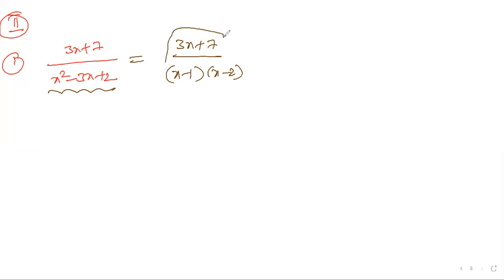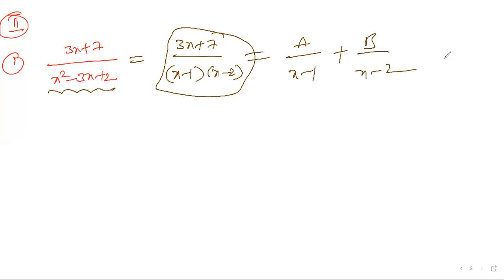This is a fresh question now. I think you know how to do this, right? A/(x − 1) + B/(x − 2). Take the LCM, cancel, and substitute. x equal to 1, x equal to 2. Answers are the same. Good. I don't want to waste your time. If you understand this, the answers are very easy.